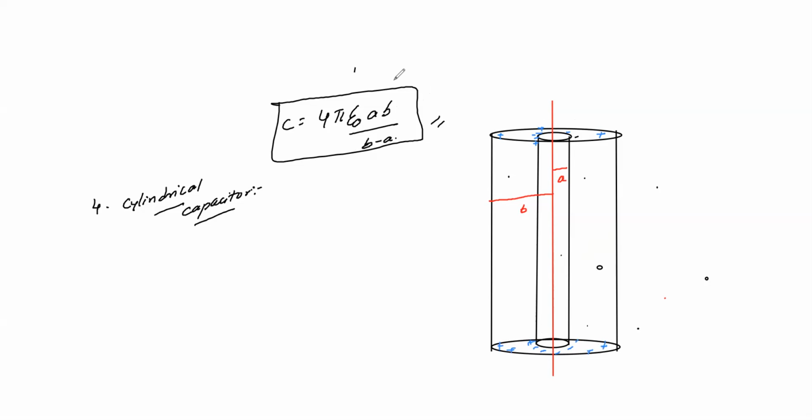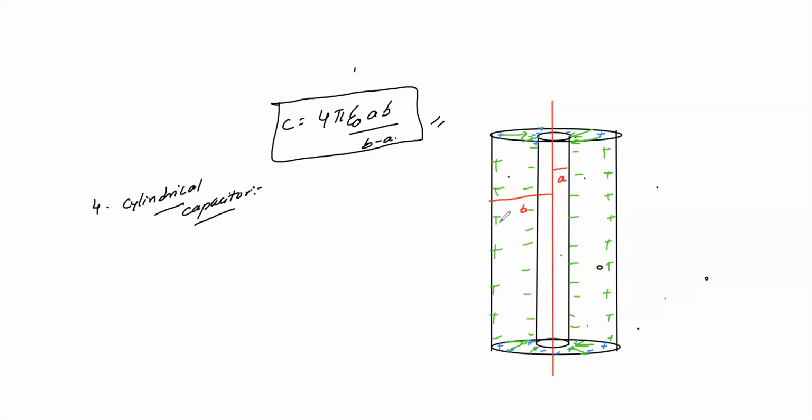So what will happen? They'll have field lines, and the field lines travel from positive towards the negative, in all directions. Just imagine the spherical top view. Like this, in all directions there'll be fields. So here the outer is your positive plate, positive cylinder, and the inner is your negative. From the induction process, we can say that. So it is your negative, and it is your positive.